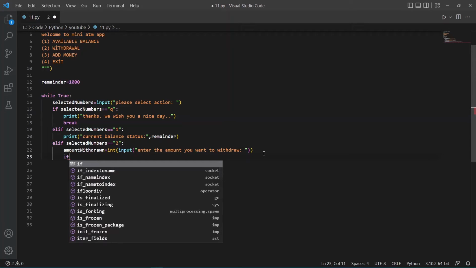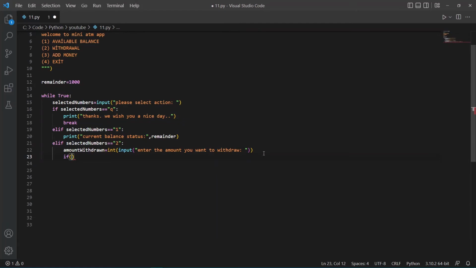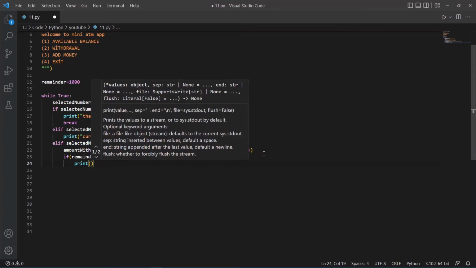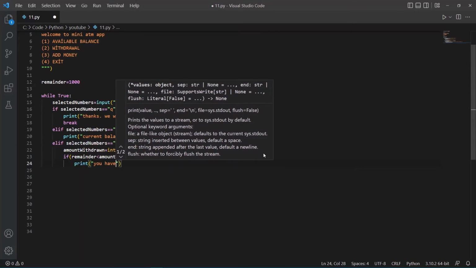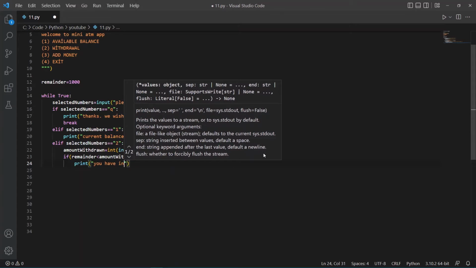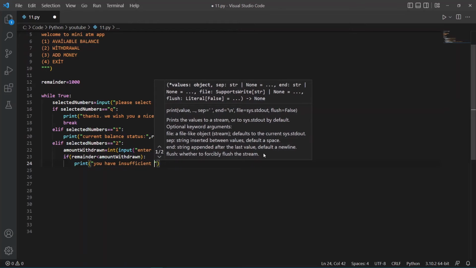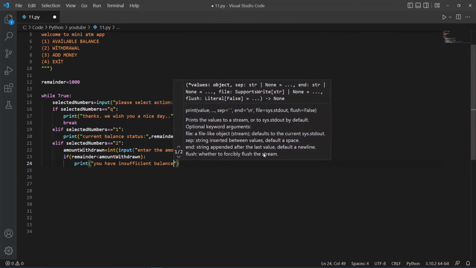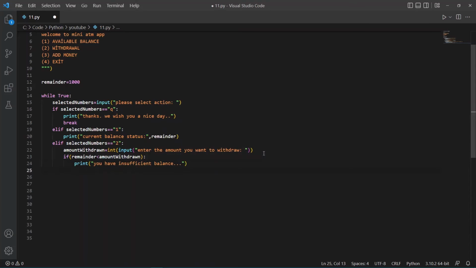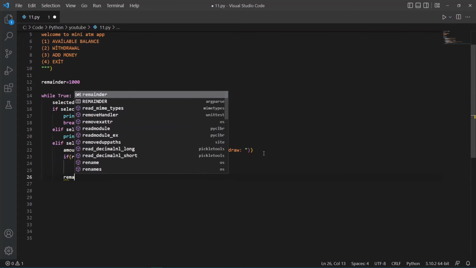Create if block, remainder less than withdraw, print you have insufficient balance and break. Else remainder